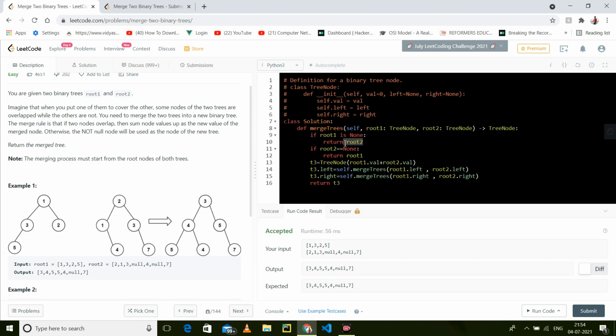So in this case we have to return root 2 because we do not have any here, but in the other case it may or may not have, so we assume that it has, and that's why we returned root 1. So what is t3 of right? Now t3 of right is root 2, because we returned root 2. What is root 2? Root 2 is 4. I hope you have understood. If you have a little knowledge of binary search tree, then you have understood completely.